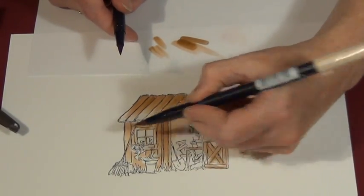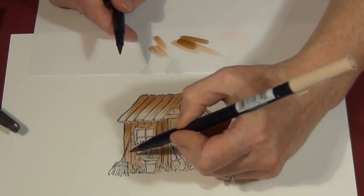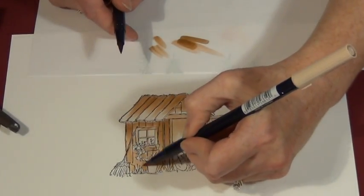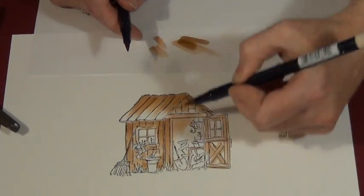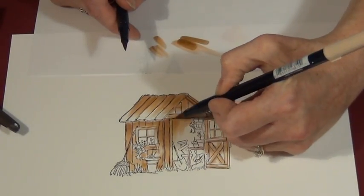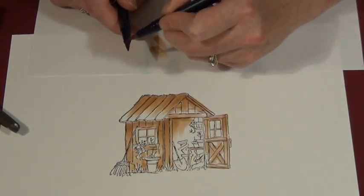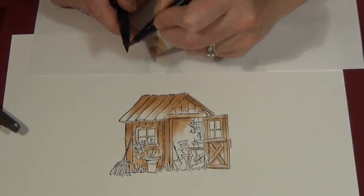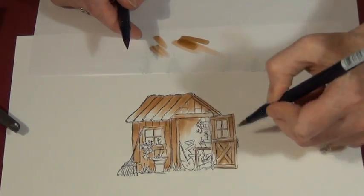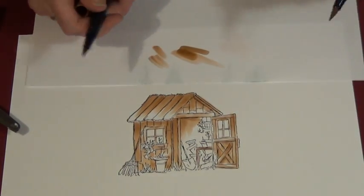And it would be darker under the edge of the roof. Under the windowsill. Behind a pot. Inside the back of the shed. Door edges, underneath, okay, once you kind of have that laid out a little bit,